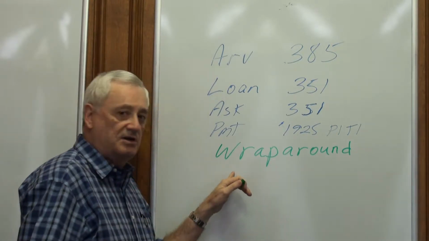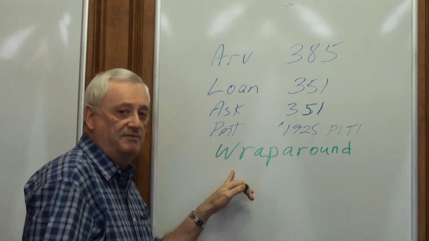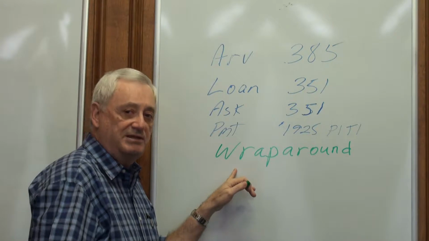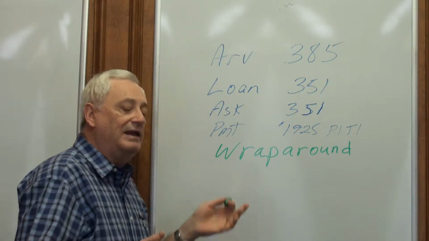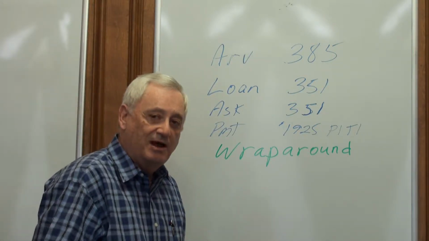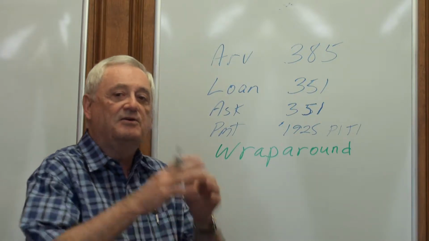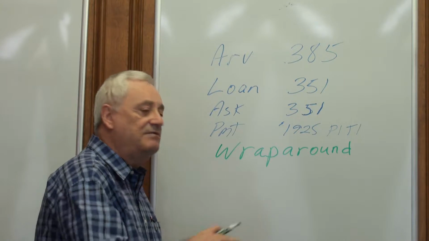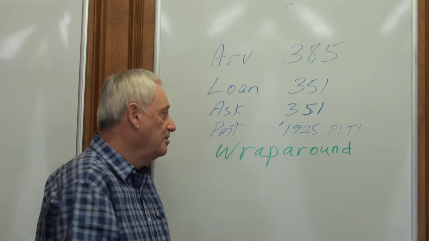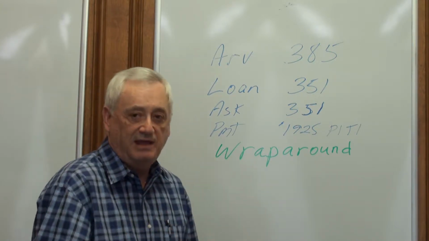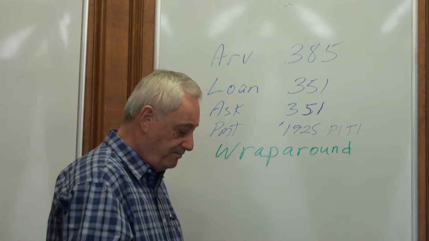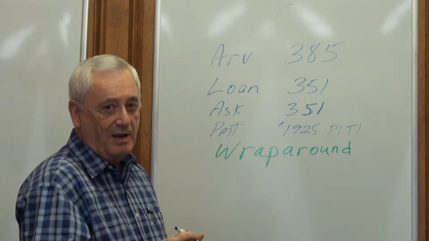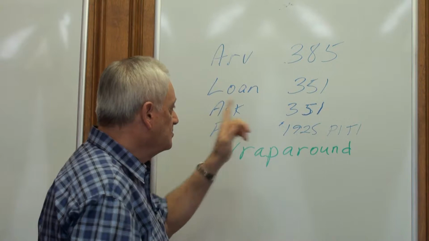If you live in a deed of trust state, you would call it an all-inclusive deed of trust or all-inclusive trust deed. Or it might be a land contract or a land installment contract or a contract for deed or any of those other terms, which I'm not going to try to clearly disclose right now. But any of these devices would have created the same kind of a deal and accomplished the same thing. In Florida, we use a wraparound mortgage. Okay? And here's what that is.